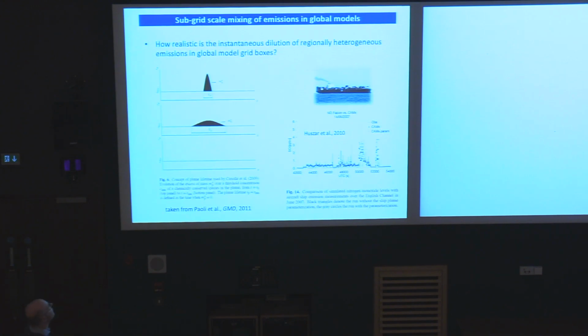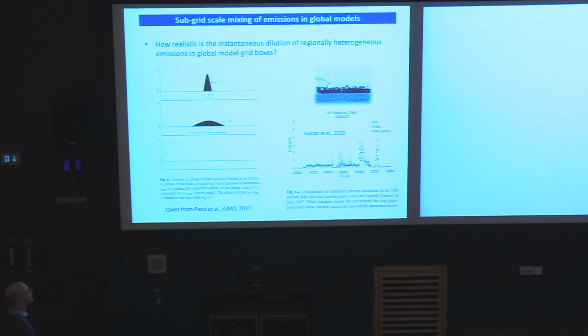Coming back to this point that I made earlier about subgrid scale processes, because this is an issue for which global atmospheric modelers are often criticized, and there's really no magic solution. I'd just like to show you some examples of how people have tried to address this. But if you have good ideas, don't hold back. Let the people know and publish your papers. So I had to choose an example. I've worked a lot in the past with the transport sector. So this is my thing.